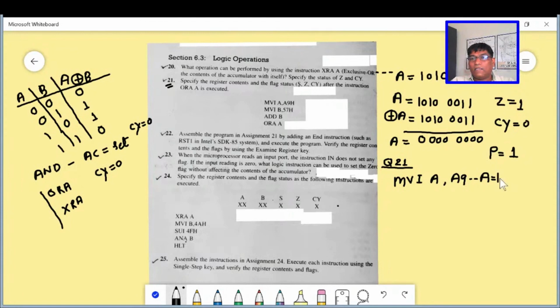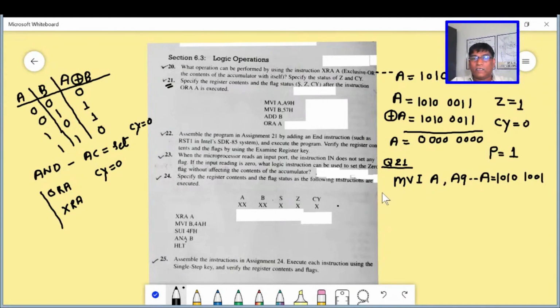How will 10 come? 1 0 1 0, that is 8 and 2, 10. Then 9 will be 1 0 0 1. This is 10, this is 9. So the accumulator content will be 1 0 1 0 1 0 0 1 after this instruction.